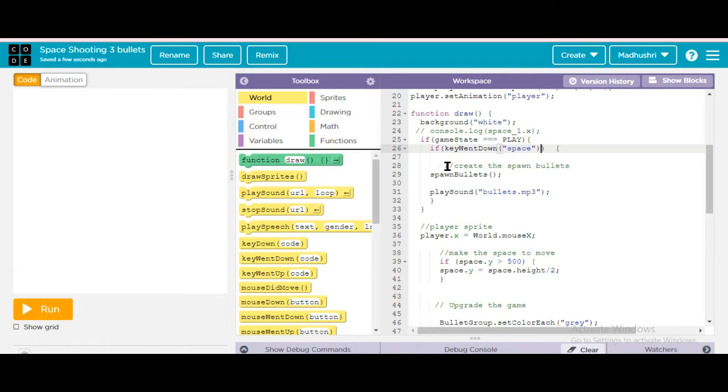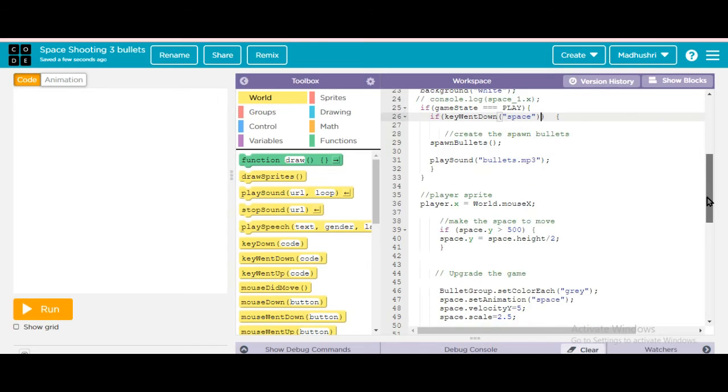Here itself I just said create the spawn bullets. Spawn bullets, then two slashes and a semicolon. Then play sound as bullets.mp3.